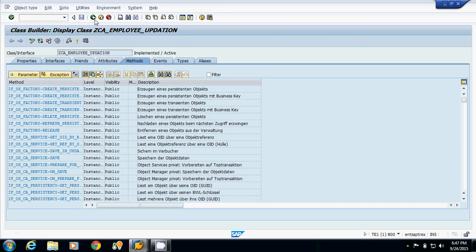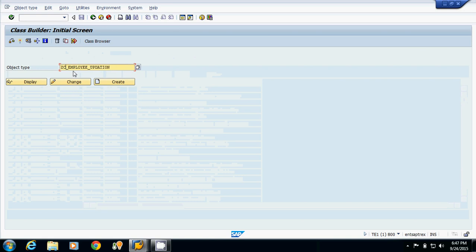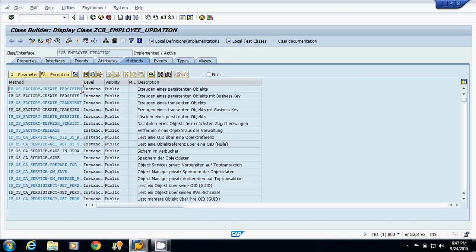This is our agent class, and if I pass ZCB, this is my base class.